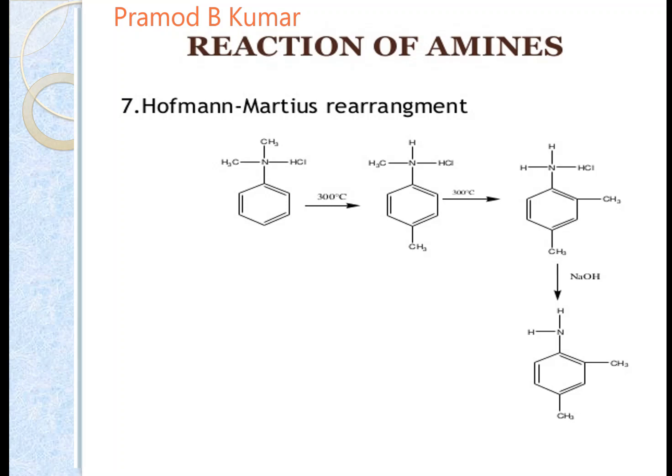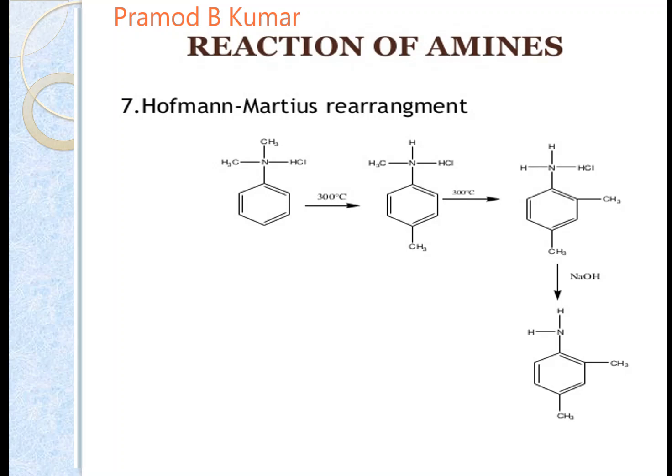So what happens when N,N-dimethyl aniline hydrochloride is heated at high temperature? You get the corresponding ortho and para substituted methyl group. Alkylation takes place at the ortho and para positions. And when you treat it with NaOH, you get your free base. This is nothing but the Hofmann-Martius rearrangement, where the N,N-dimethyl aniline hydrochloride is heated